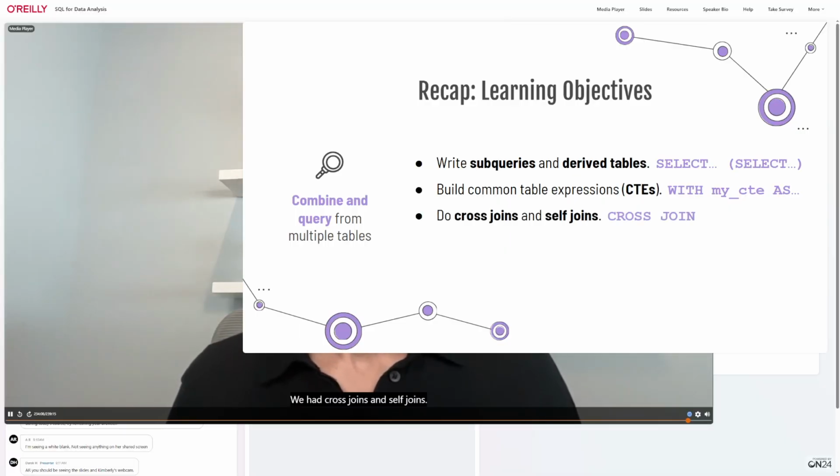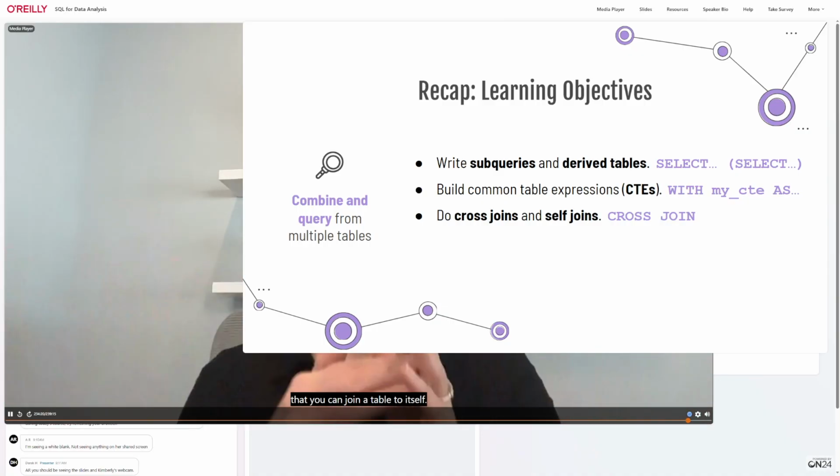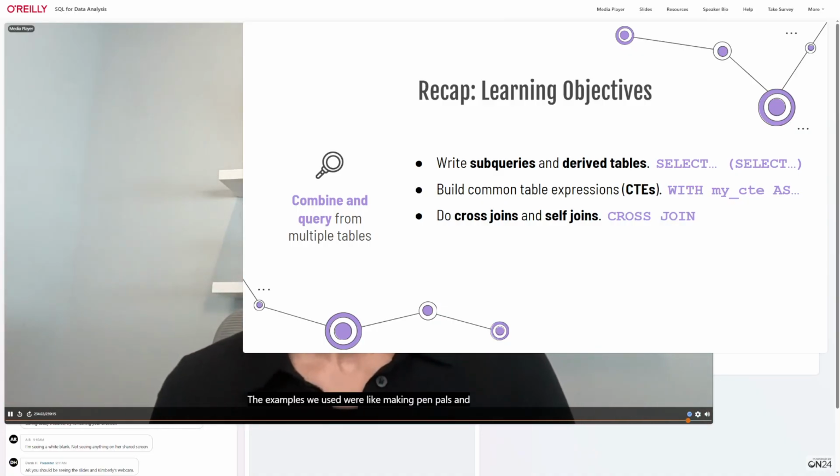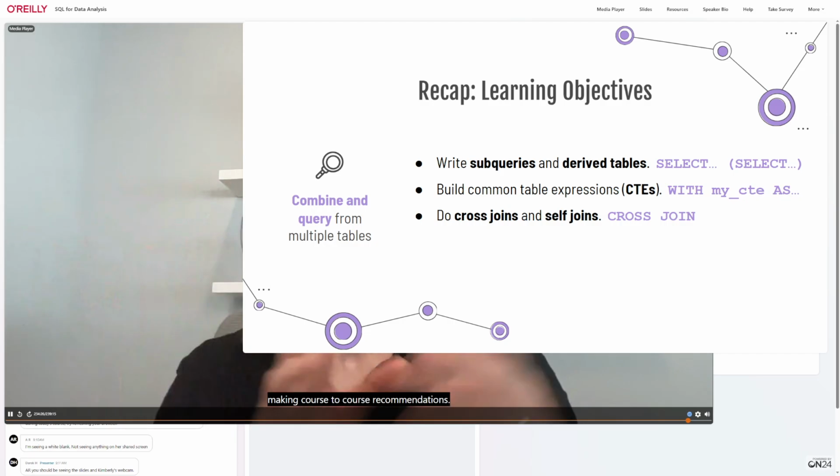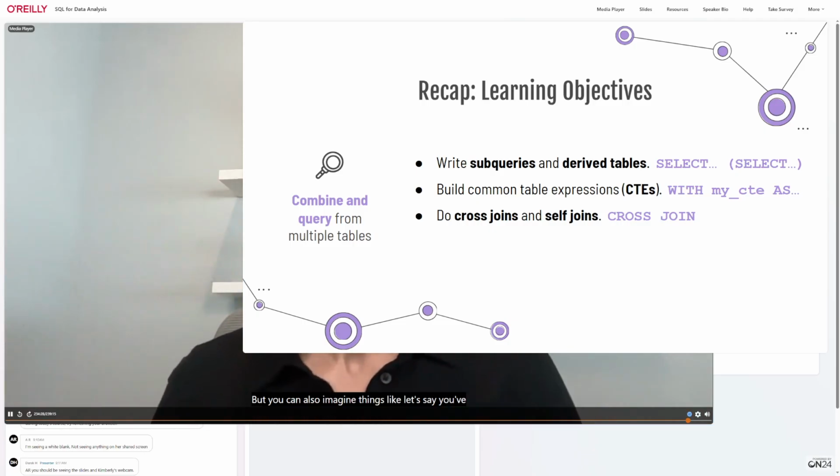We had cross joins and self joins. This was kind of a lighter section. We didn't dive into it too deeply, but I think it is important to know what a cross join does, and also that you can do self joins, that you can join a table to itself. The examples we used were like making pen pals and making course to course recommendations, but you can also imagine